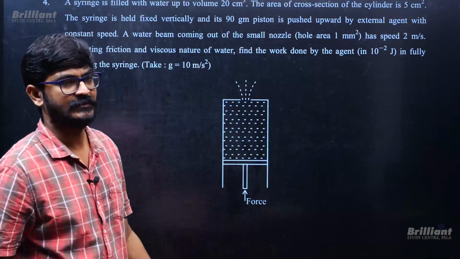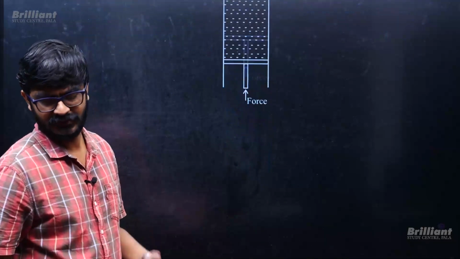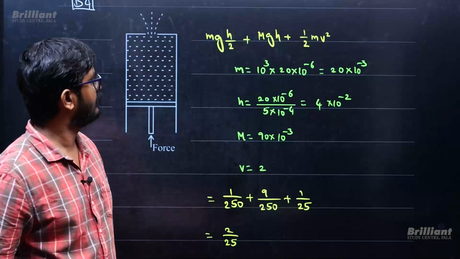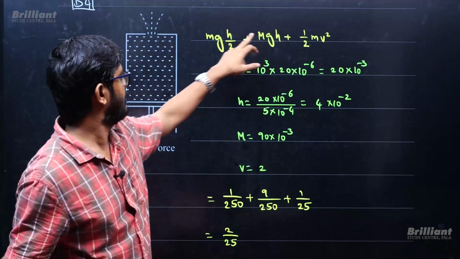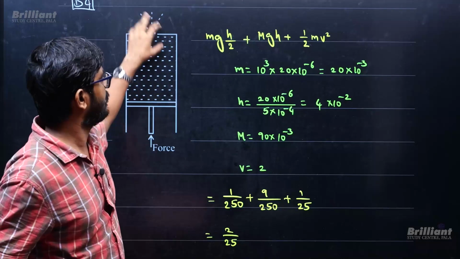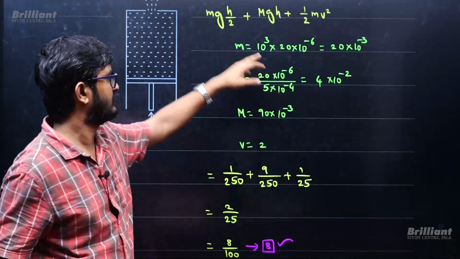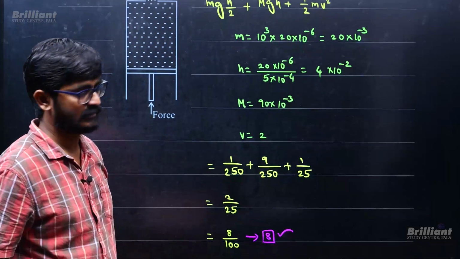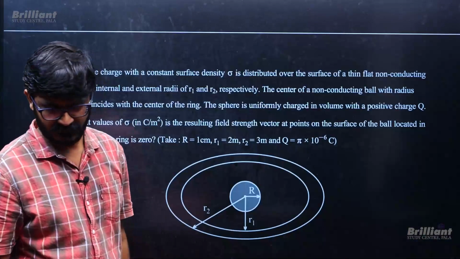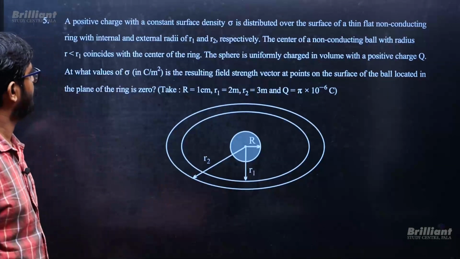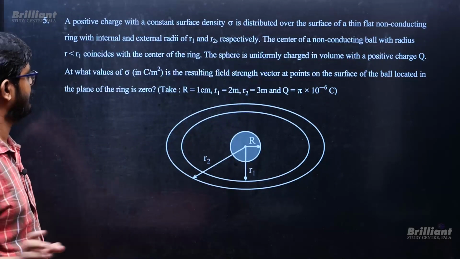So where did all this energy come from? It came at the expense of my work done. So my work done will be going as increment in potential energy of the water, increment in potential energy of the syringe, and increment in kinetic energy of the water. All values you can just substitute and you can get the answer. This kind of question we have already seen. See, they were saying